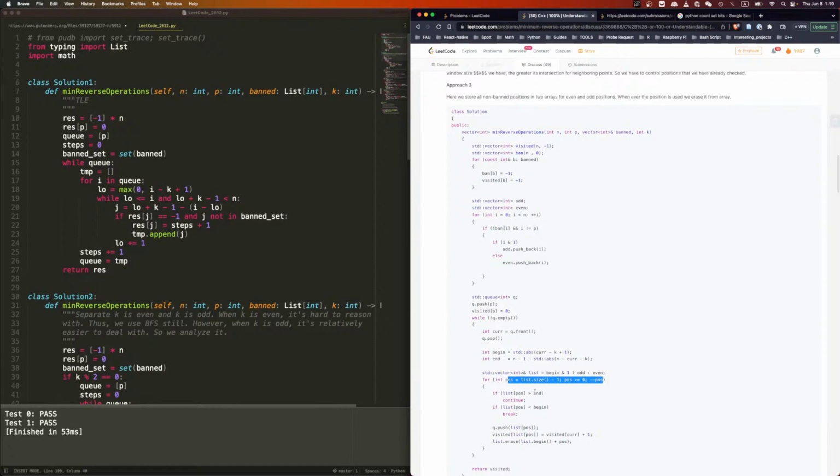Because we go right to left, it's larger than, if it is, and everything. So that's why we need to have the beginning position,